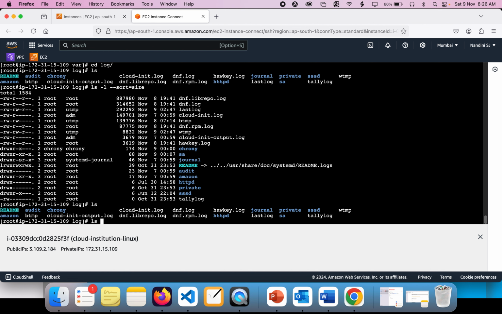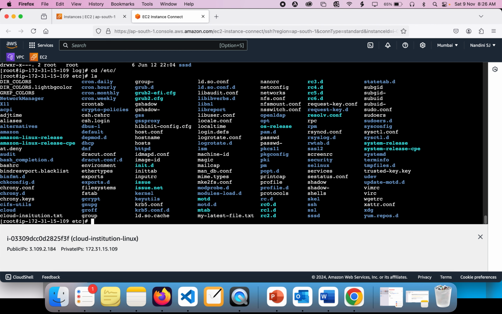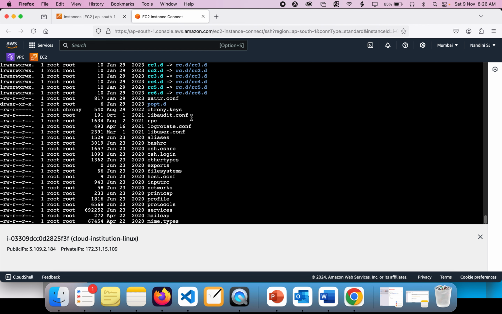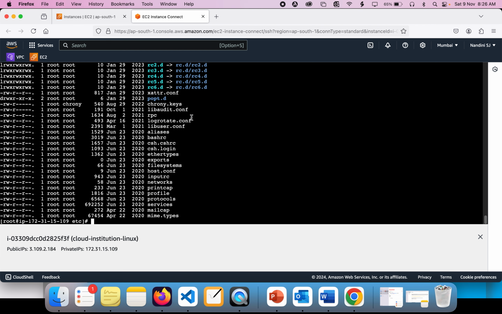Okay, so now you can also have another option, sort equal to time. So it will give you an option to see when the file got created. Okay, so I'm going to show you the same command in the /etc directory, sorted with time. So you can see the time at which the files got created. Okay, you can see the year,